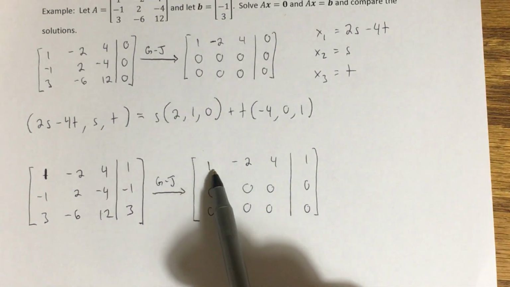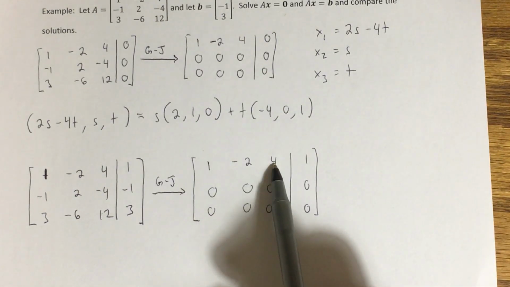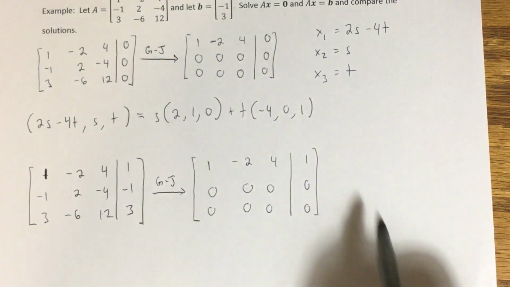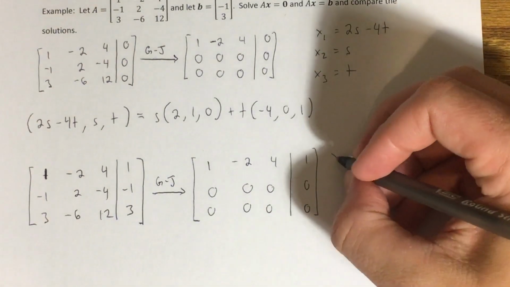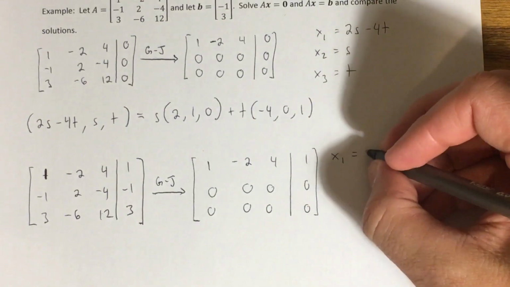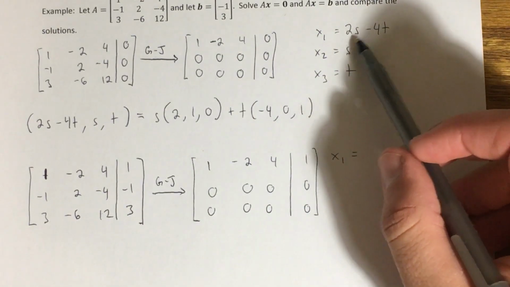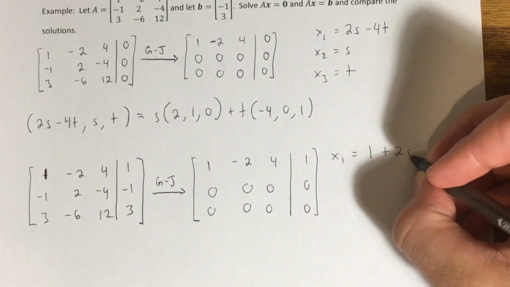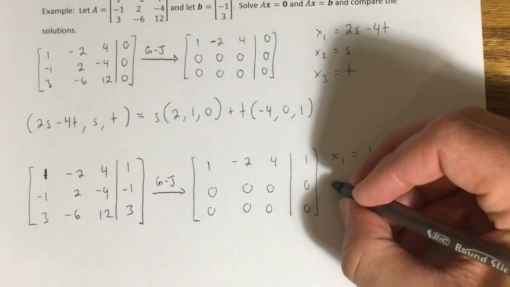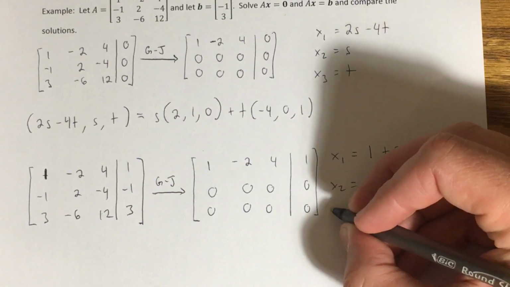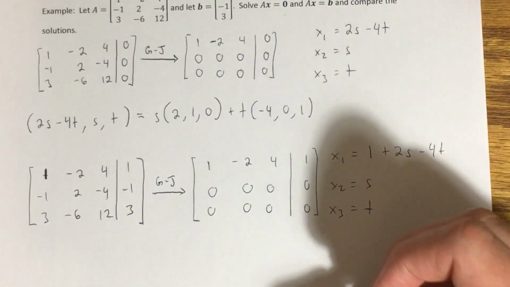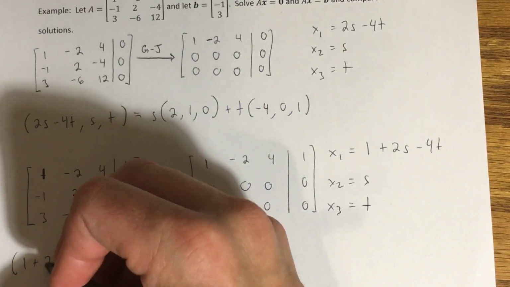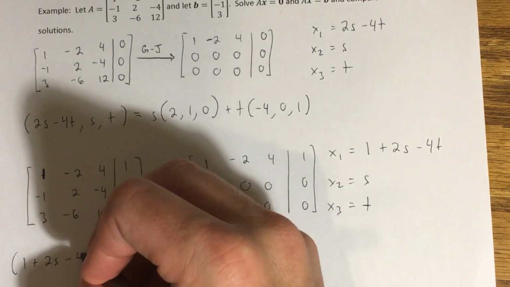Again, I have the same leading variable, same two free variables, and the only difference is that instead of having a 0 up here, I have a 1 up here. This is what changes in my solution set. Instead of 2s minus 4t, I have 1 plus 2s minus 4t. x2 will equal s, x3 will equal t, and my solution set in vector form is going to look like 1 plus 2s minus 4t,